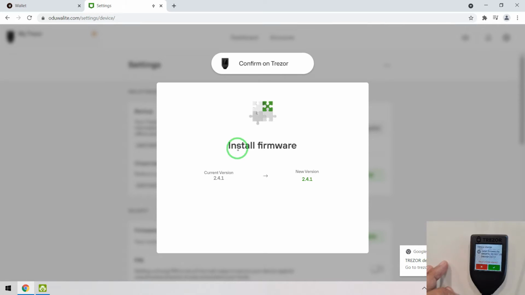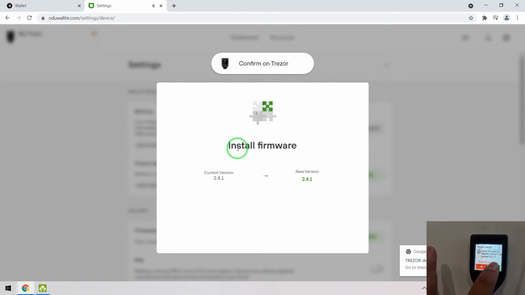confirm on the Trezor. Here you will see the warning that installing firmware is unsafe because we have modified it. It is not official by Trezor.io, so it will show the warning that the firmware is unsafe.